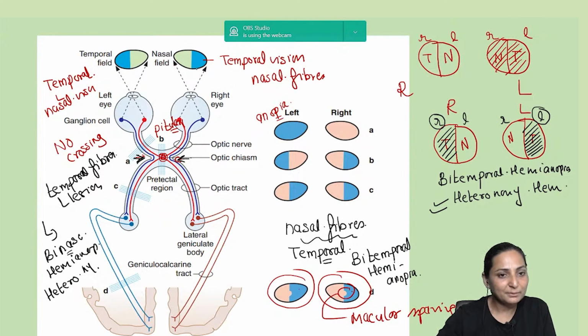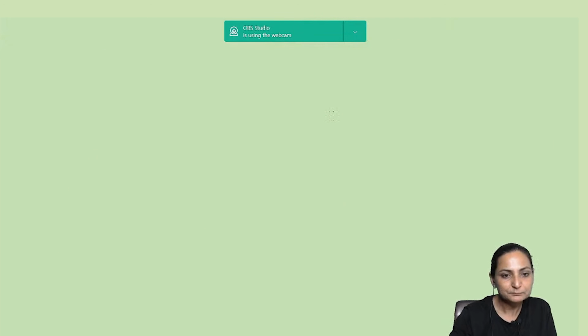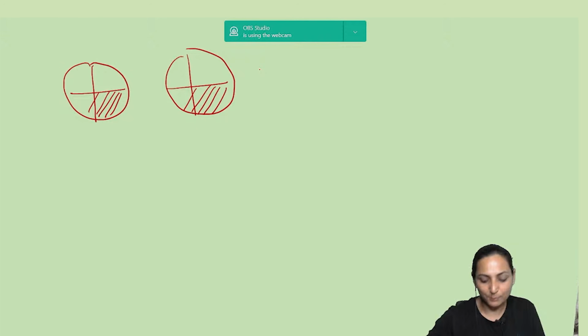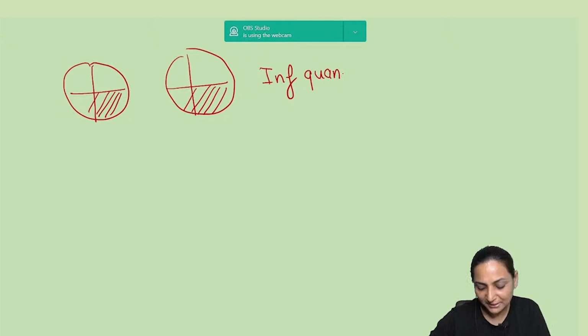Right? So remember that the nasal fibers form the temporal field of vision. These diagrams are reflecting the defects in the field of vision. The lesion is inside the eye, and these are depicting the defects which are occurring in the field of vision, right? Now you might have also heard something like a quadrantanopia. So this is supposed to be an inferior quadrantic hemianopia,